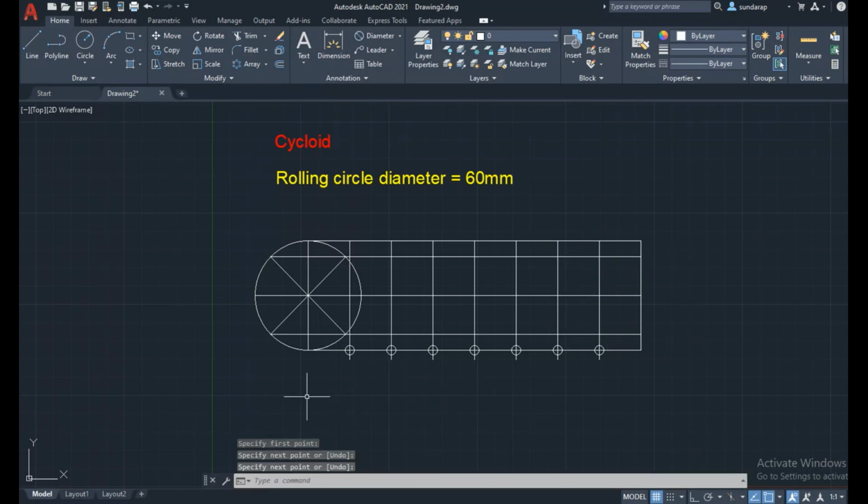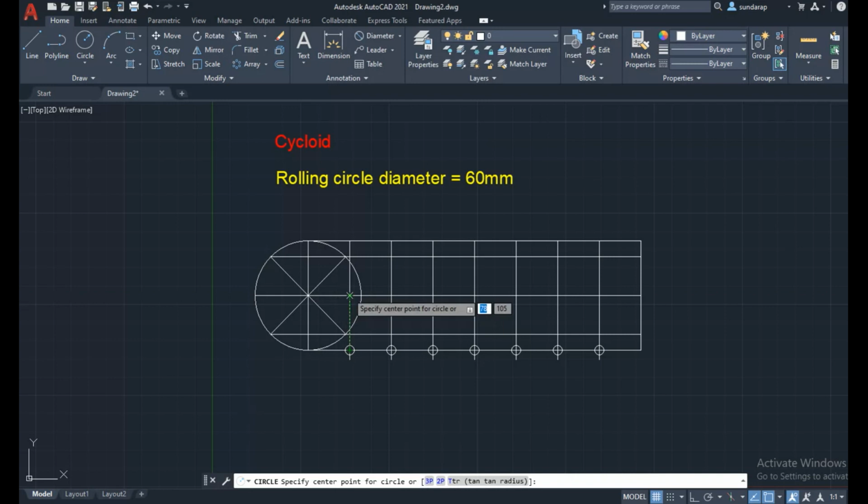So assume here the rolling circle rotates from the top, so you can draw the circle. So this is your base circle center point, so assume it is a new center point.